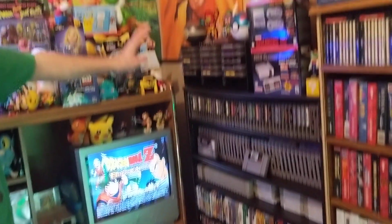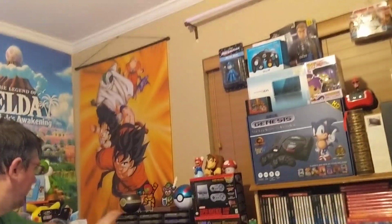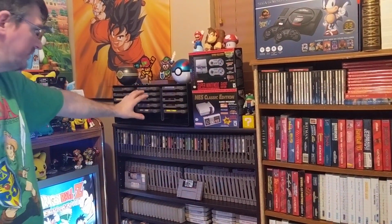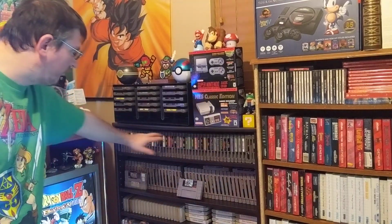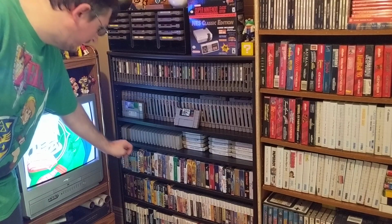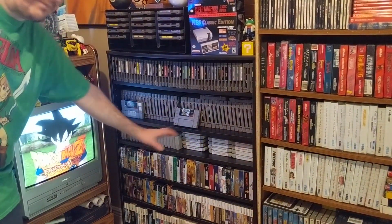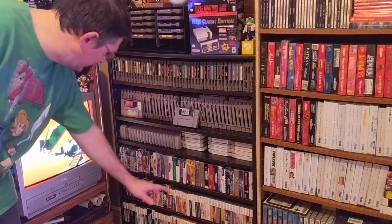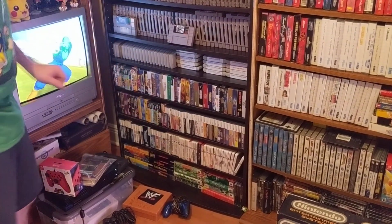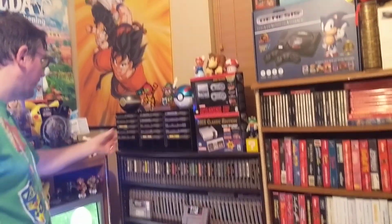This section is all my Nintendo games right here. I got it set to where this thing is my top favorite games that I like to play the most. And I got all the rest of my NES, the Super, N64, the Super Famicom. And I have my Game Boy, Game Boy Color, and Game Boy Advance all mixed together in alphabetical order. Then I got my DS, the 3DS, and my box games, which I'll get to at the bottom. So my top favorite games that I enjoy playing the most: